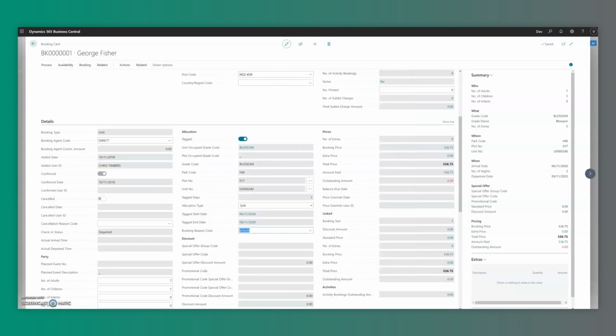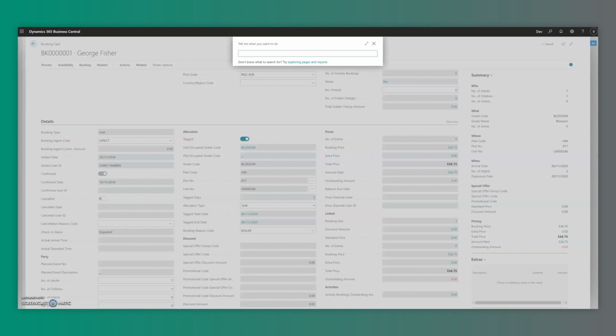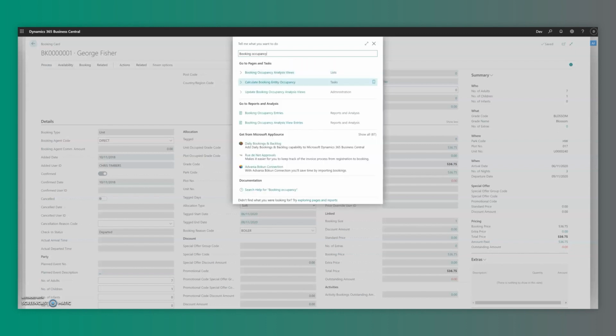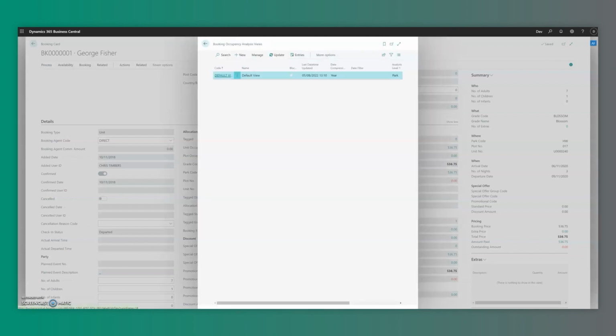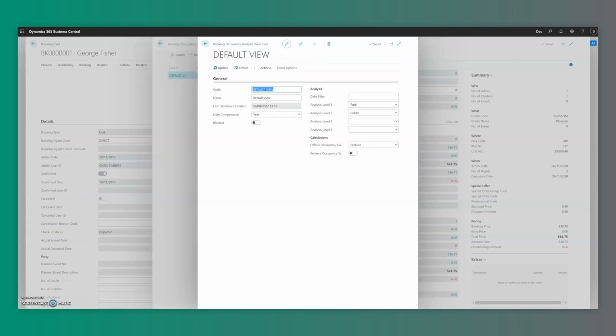What you can then do with your booking occupancy entries is look at booking occupancy analysis views. These analysis views must be manually run. However, you are able to set them up on a job queue to refresh. So if I drill into our default view here, you can see we have a code, a name, and then